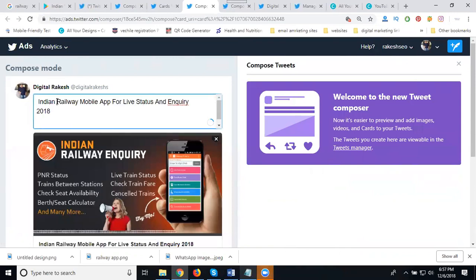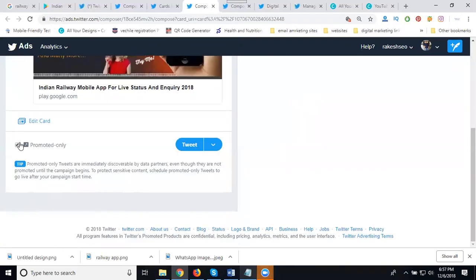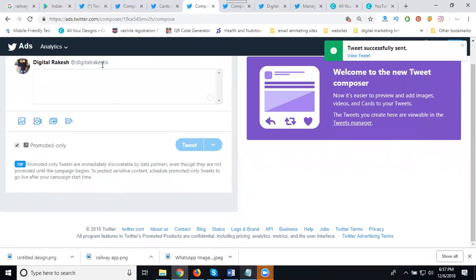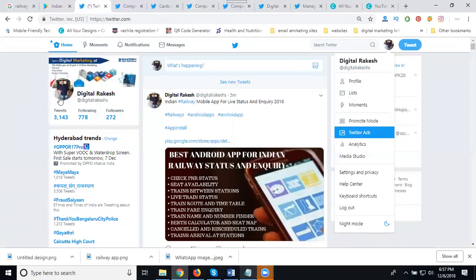Paste it. Click for tweet. After the tweet is done, just go to your Twitter.